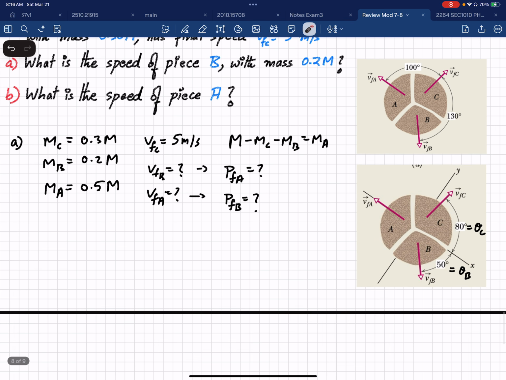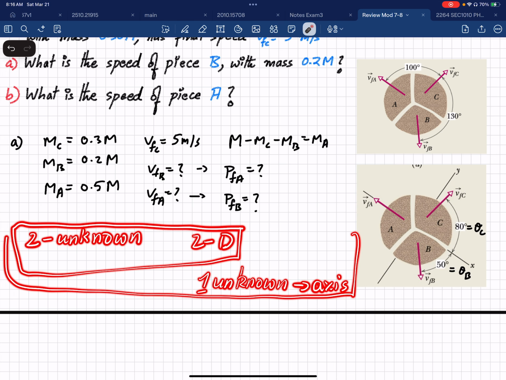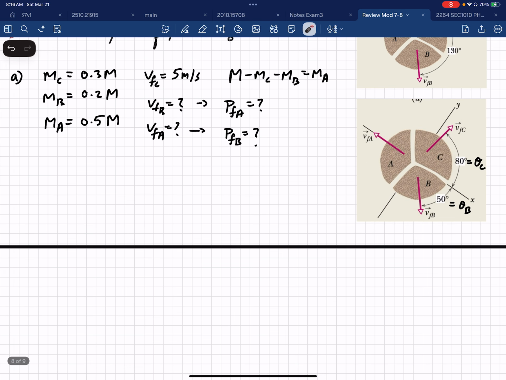Most probably in your two dimensions, there will be two unknowns. For a 2D problem, this thing you need to understand. For a 2D problem, there will be two unknowns. And the second trick is, one of the unknowns should be your axis. Understood? So these are the two things that you need to understand here. Now, since we understood this and we got to know the relative angles, the only thing is